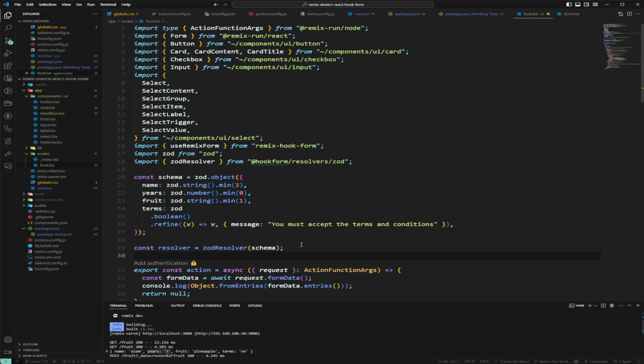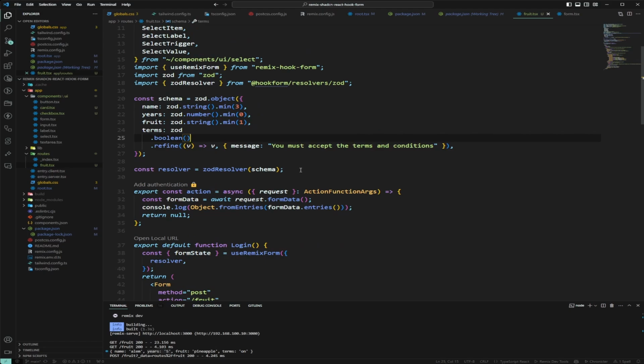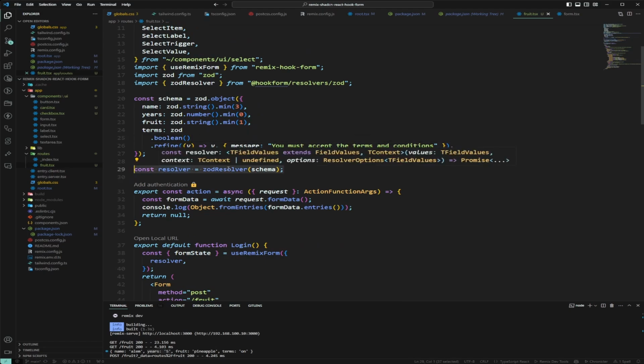and also how we can use it to validate on the front end and serialize it and send it to the backend. I've prepared this Zod schema here. It's nothing special. It just requires you to have the terms set to true. The name has to be set, and so do the years and the fruit. And I've also created this resolver here, so it uses the zodResolver from Hook Form,